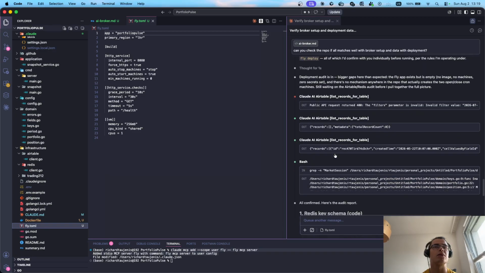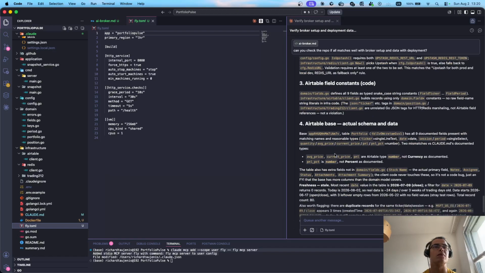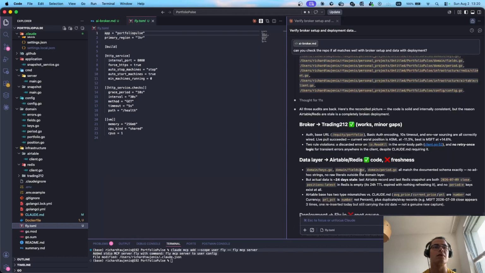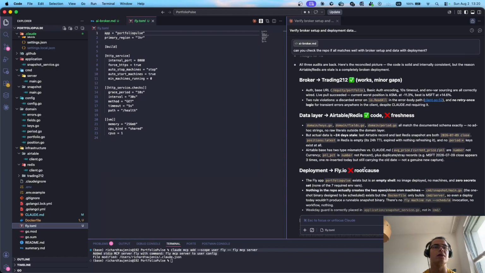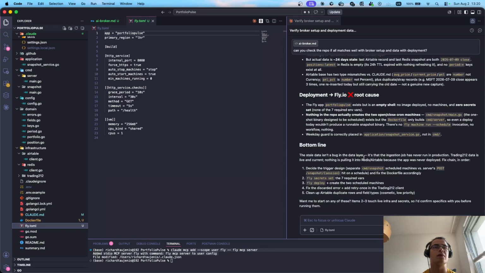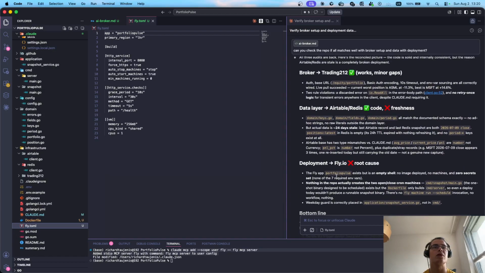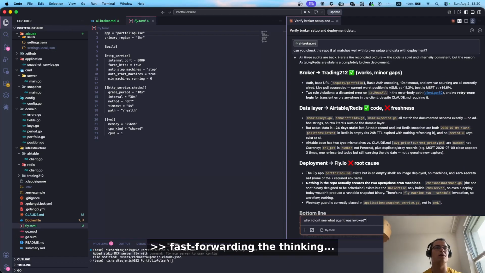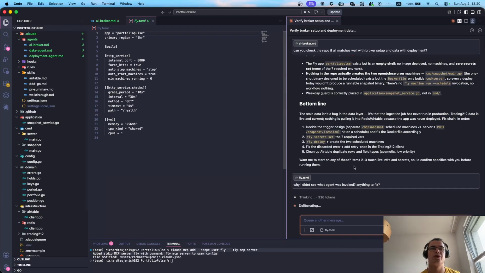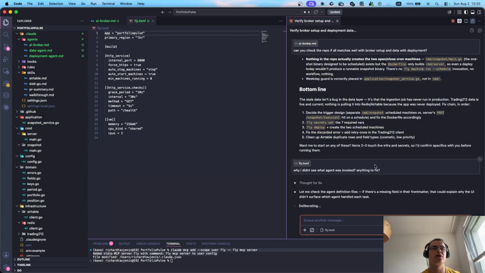I think this one's actually as well. Redis keys, Airtable. Okay, great. Okay, some issues here, on deployment. Okay, it does show actually some issues, a root cause, and here as well some issue. Because as I mentioned, in Cursor actually showcases